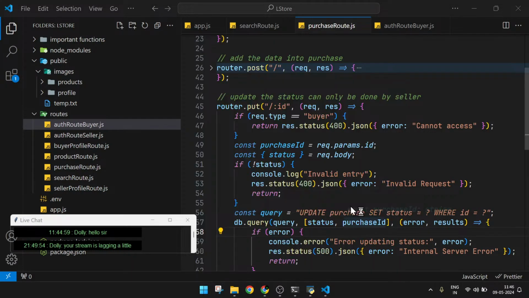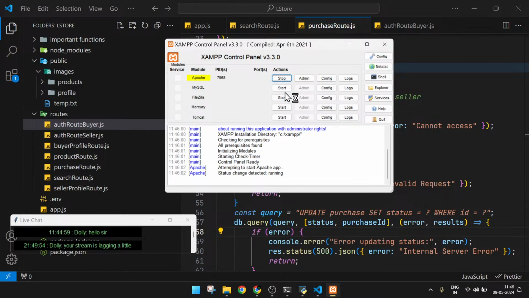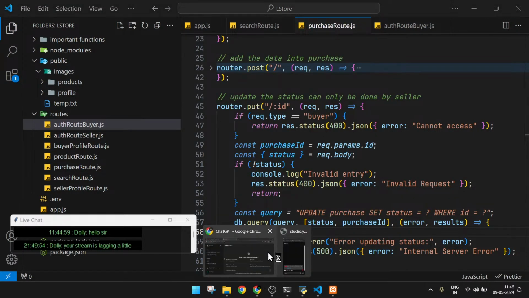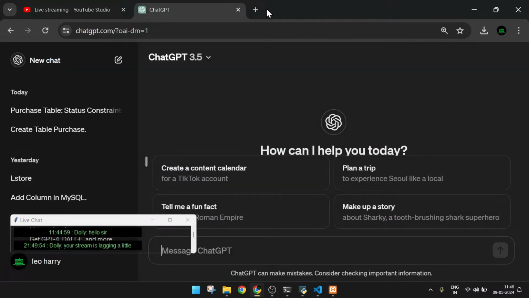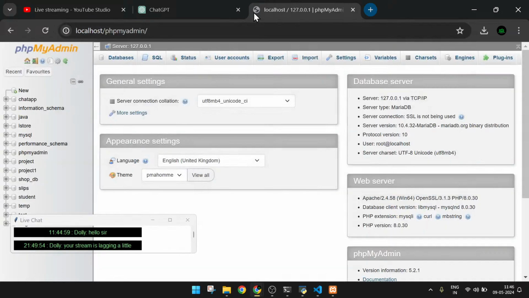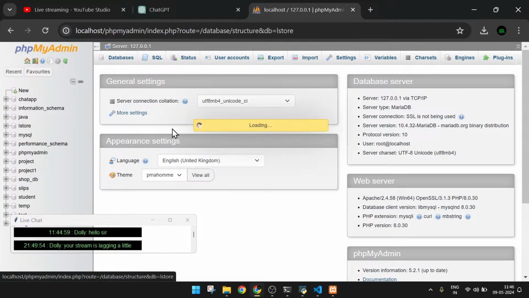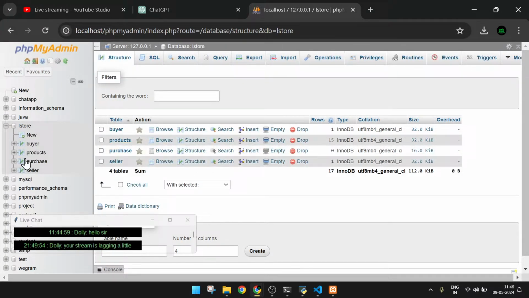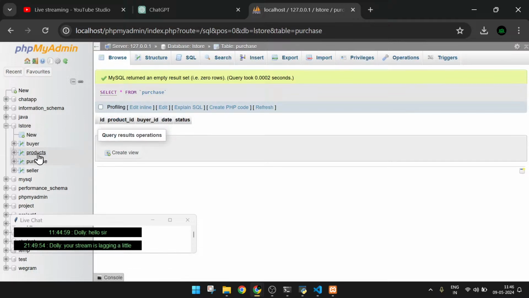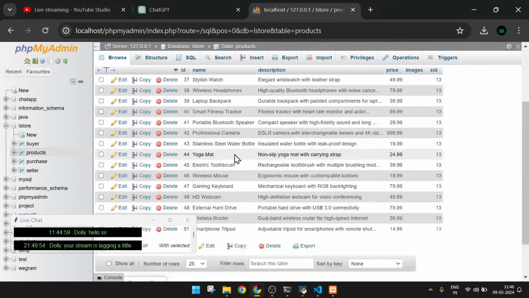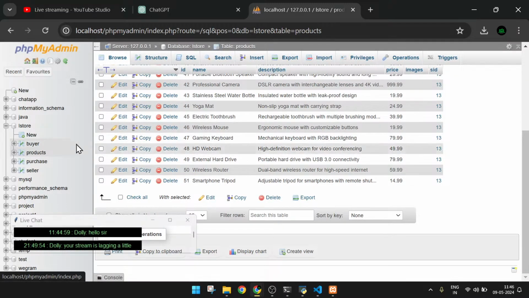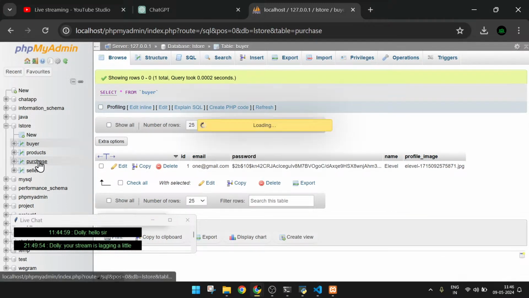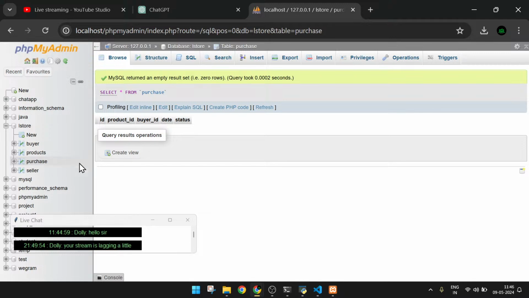So I'll be using XAMPP. Let's go. Localhost phpMyAdmin. Okay, so these are all the tables. I have added this product using ChatGPT. Like I've created some fake details. This is buyer, this is purchase. So to insert data in this route,